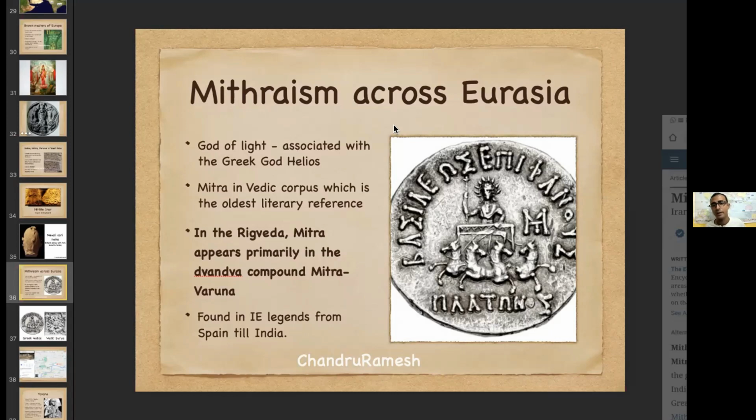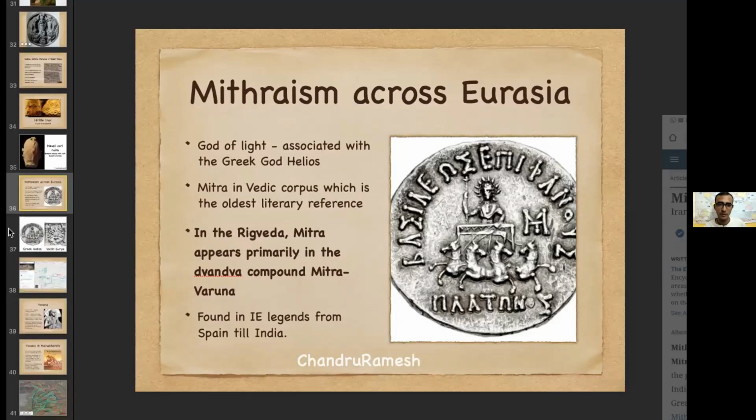So we find that Mithra worship is literally there in almost every continent on this planet. So that's why we find something called Mithraism. In ancient Greek culture, we had the god of light called Helios. Okay, the god of light is associated with the Greek Helios. In the Rig Veda, Mithra always appears primarily in the Dvandva compound, with Mithra and Varuna referred to together, right? And not only in India, as I said before, from here till Spain, in various of these Indo-European pagan cultures,